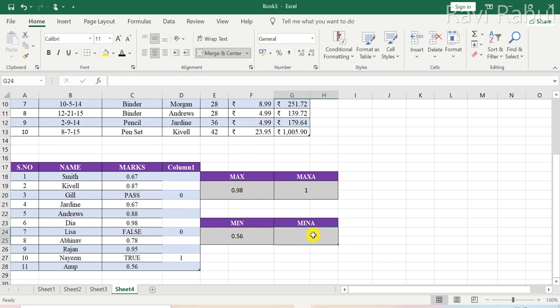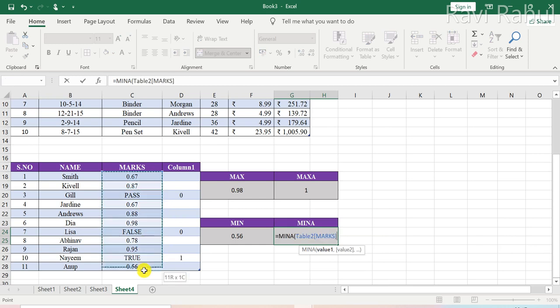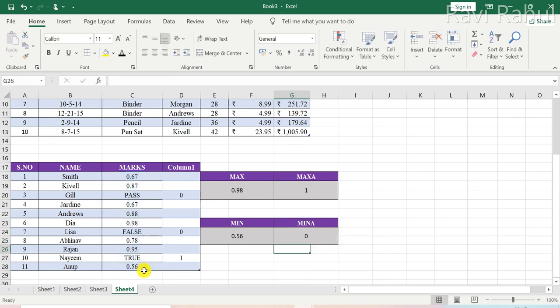But now when we come to MINA, that is the minimum of all, we type in the formula MINA and select the range of data, and it will display 0. Now why 0? Because as I told you, the definition of MINA says that it will accept and compare all the data including numerical, text and logical values.